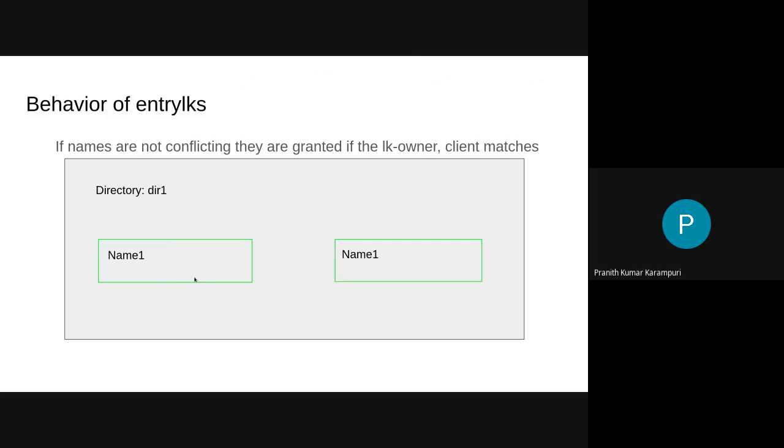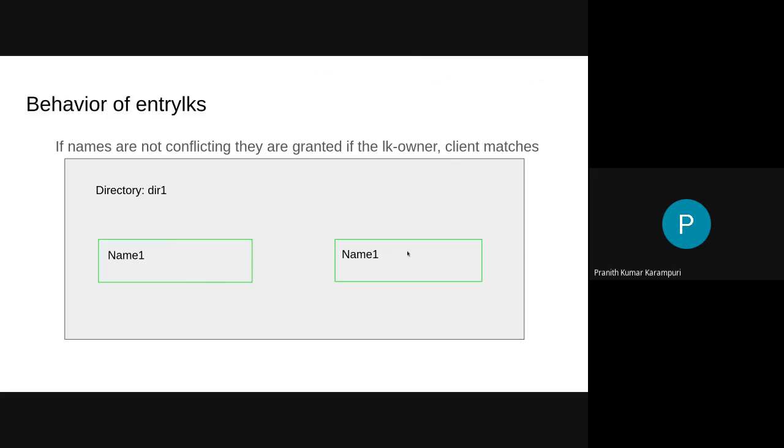Similar to the inode case, if the lock owner and client match, you assume that the caller knows what they are doing. This used to happen in the entry self-heal part of AFR, but now the code doesn't use this anymore. But this behavior is still there, and maybe we should remove it after some time, because it can lead to starvation.